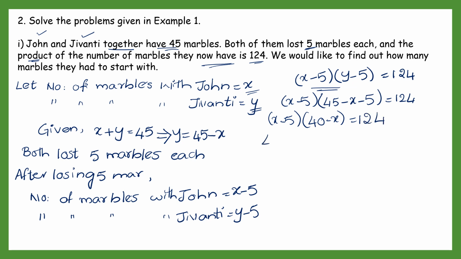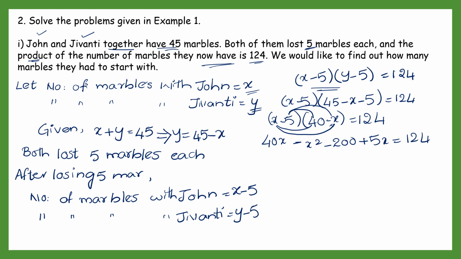X into 40 is 40x. First X into 40 we did this. Then X into X, plus into minus is minus, X into X, X square. Then 5 into 40, minus into plus is minus, 5 into 40 is 200. Again, minus 5 into minus X, minus into minus is plus, 5 into X is 5x, is equal to